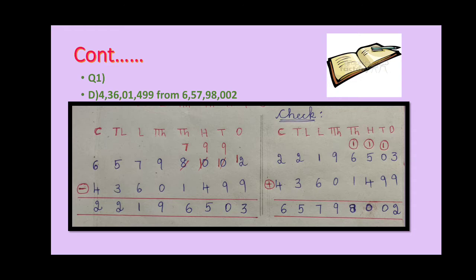When you add a difference and subtrahend, what should we get back? We should get back the minuend. So you arrange those two numbers in the columns according to the place values, and start your addition from the rightmost column. So 3 plus 9 is 12, and you observe that. When you are doing that addition, what number did we get? You see 6 crore 57 lakhs 98,002.